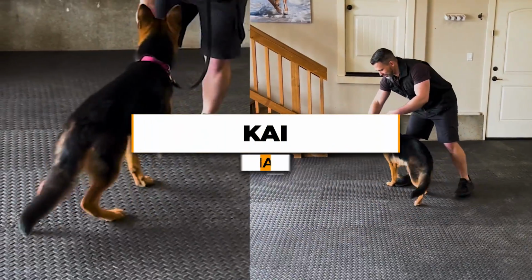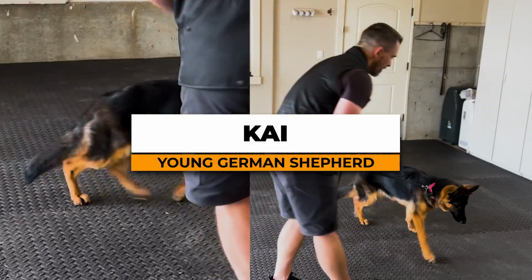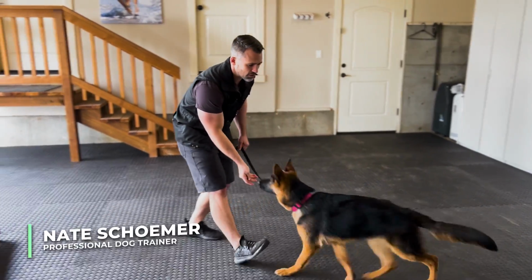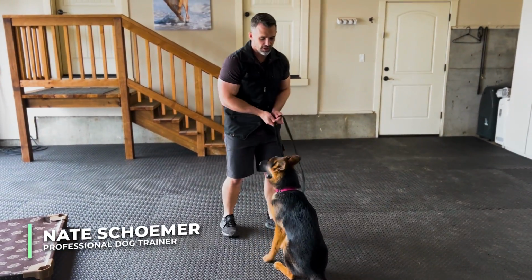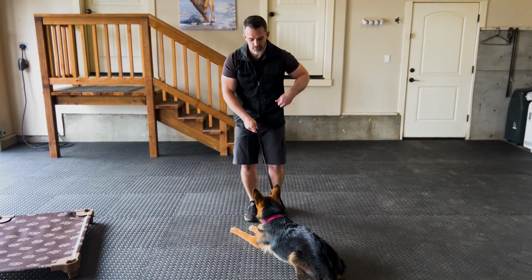This is Kai. She is a young 7-month-old German Shepherd puppy that's being trained for service work. Now she's here because she's having some issues being a little leash reactive, so that's something we're going to want to work on. Her owner has been training her since she was 8 weeks of age, so she has a